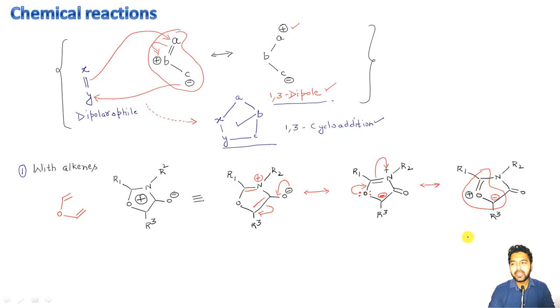So now if I am interested in the reaction of this mesoionic heterocyclic molecule with some alkene, which no doubt is a type of dipolarophile, I do have my 1,3 dipole. I will be having my dipolarophile, which is alkene in this reaction. So what I have to do is I just have to go like this, giving a 1,3 type of cycloaddition, and that is done, right?